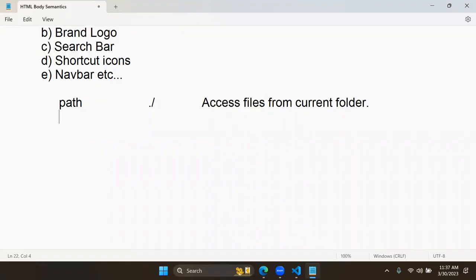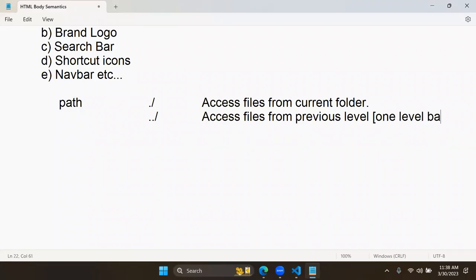If you are trying to access files from the previous folder, then you have to use dot dot slash. Dot dot slash is used to access files from the previous level. This is one level back. Like that, you can go any number of levels back, with dot dot slash, dot dot slash. That is 2 levels back, like that 3 levels, 4 levels. Why do you need to learn this? Because see here,